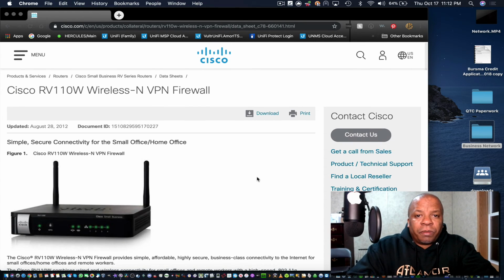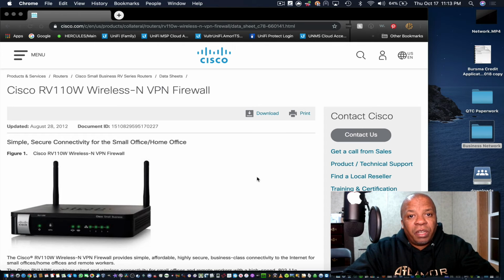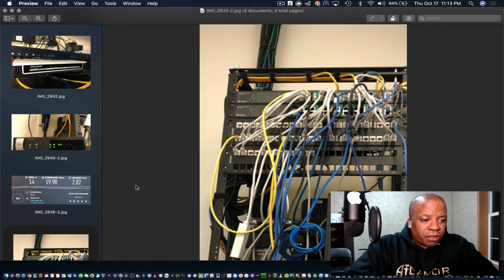So this is a big reason why we like to tell our customers that if you want to find a good reputable IT company, see if that IT company will actually be able to service all of your needs, or at least most of your needs, because then you're only going through one company for any issues that you have, as opposed to having 3 or 4 different companies that you have to contact with each individual issue. Okay, so going back to the pictures here,